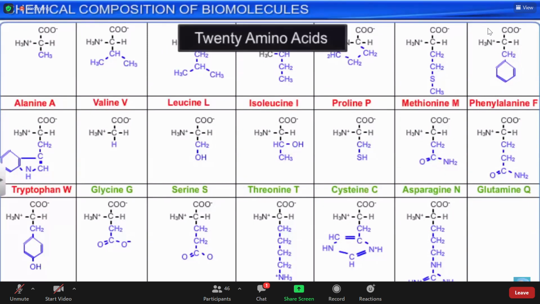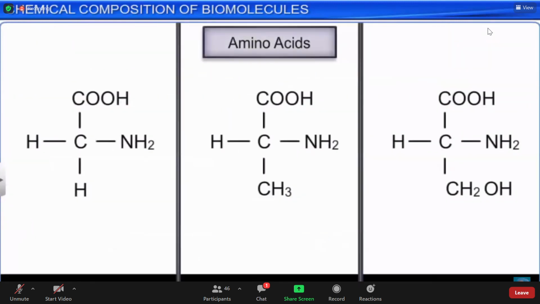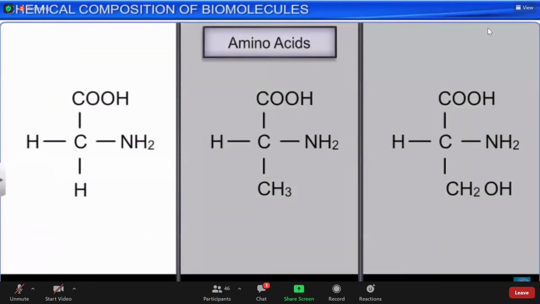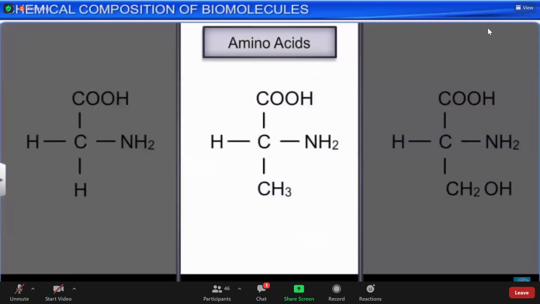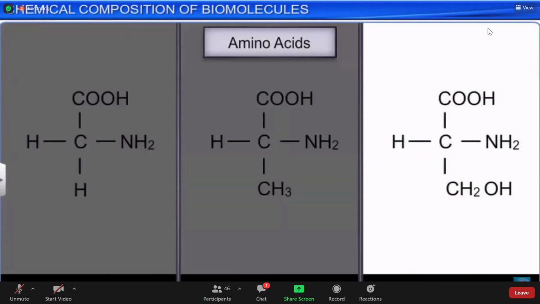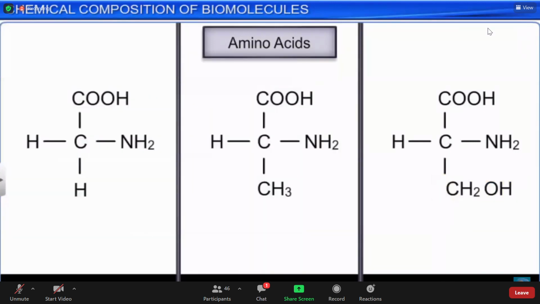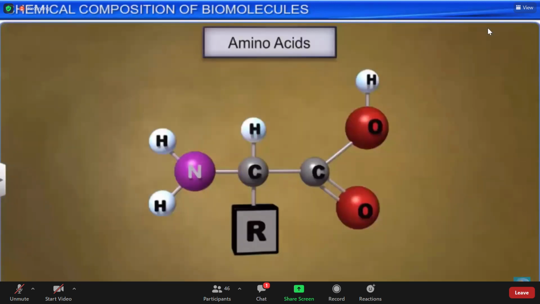Each of the standard amino acids is signified by a letter, for example, L, V, I, P, M, and F. Glycine is one in which the R group is hydrogen, alanine is where the R group is a methyl group, and serine is where the R group is a hydroxymethyl group. This number, 20 amino acids, is important. The chemical and physical properties of amino acids are essentially those of the amino, carboxyl, and the R functional groups.